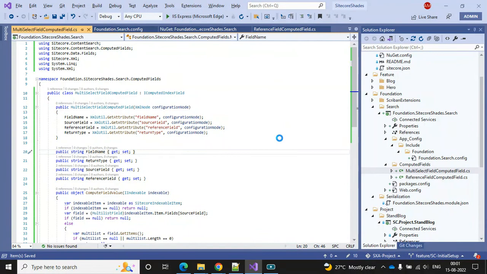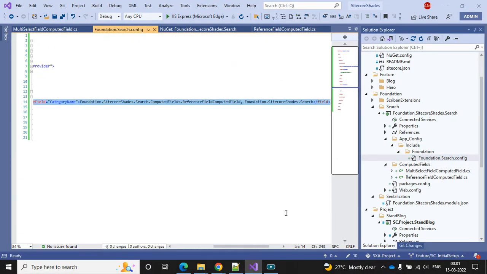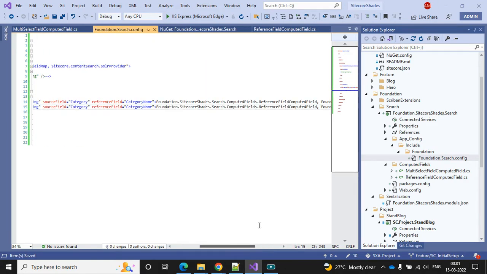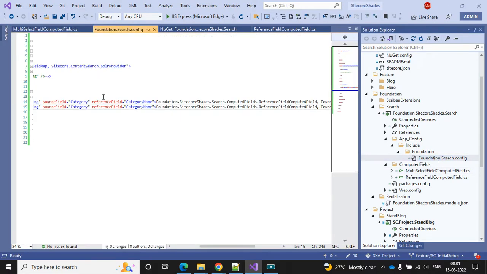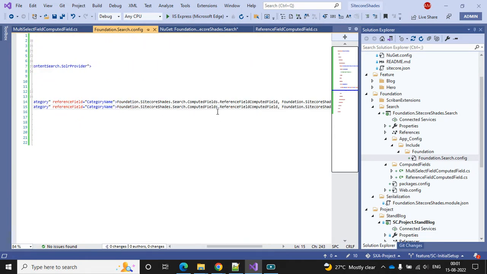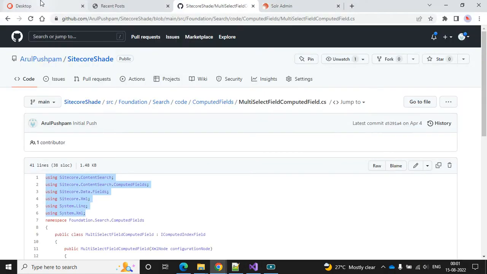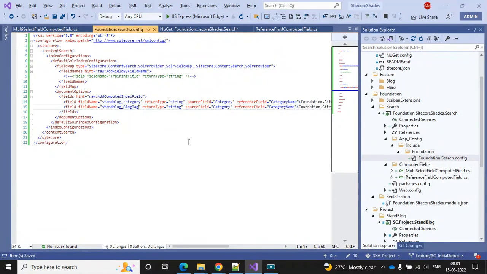Okay, now everything is fine. We have to add our field name in the configuration, and then we have to change our class name. Go here and change the class name and the field name also, stand blog, and then this is the blogs, right? Oh, it's the blog tag, so let's give the name blog tag, and